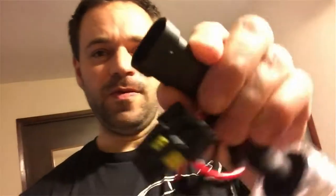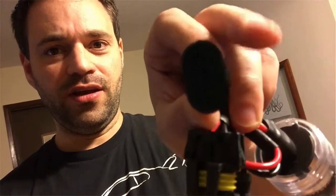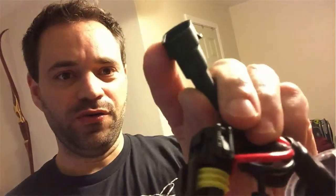So when you buy them, you see this connector here. See, there's a little thing on this side and a little thing on the other side, right here. So it has so much crap in this room. Here, boom, boom. So you cut the side you want, but the problem is when you plug this into your headlight,